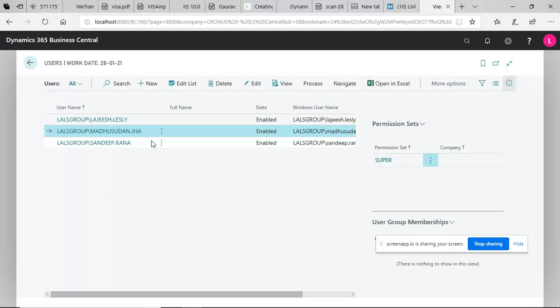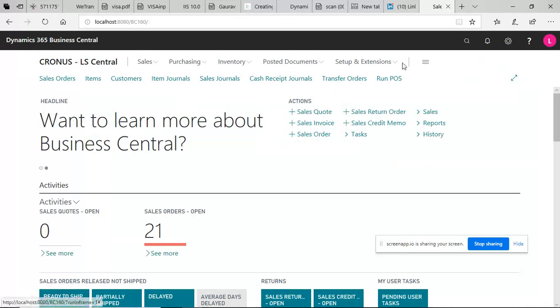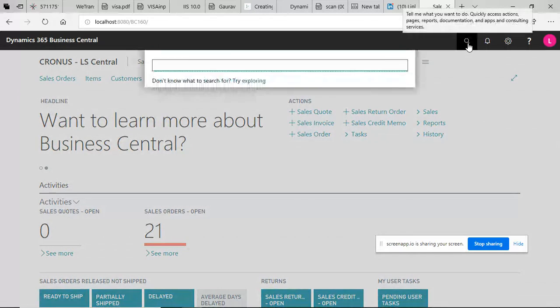They can do the access, and they can perform their task, or they can create a sales order, they can create a purchase order depending upon their roles given. So we can perform like that. Okay, so this is the user section, and after the user section,